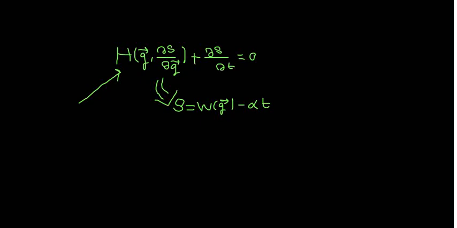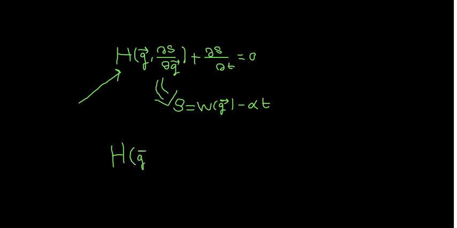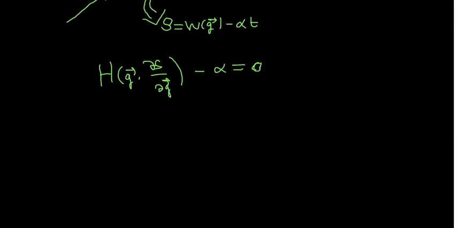Doing this gives us the following. H as a function of Q, partial S partial Q, the vector Q, close the brackets, plus partial S partial T. As we can see here, partial S partial T is nothing more than minus alpha, right? And that all equals 0. For a lot of systems, we'll have this Hamiltonian representing the total energy. So when we take this alpha to the opposite side with the opposite sign, we get the following. H as a function of Q, partial S partial Q, the vector Q,